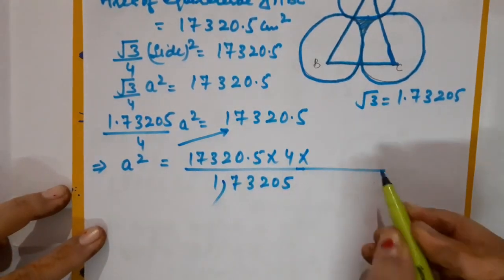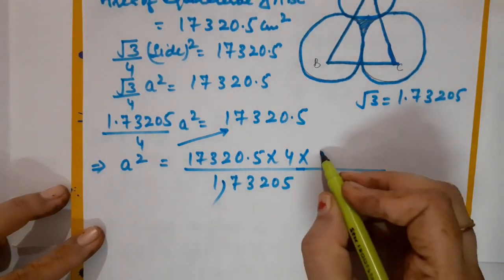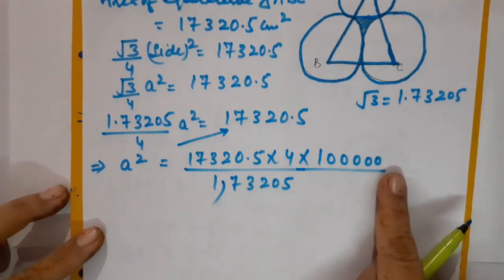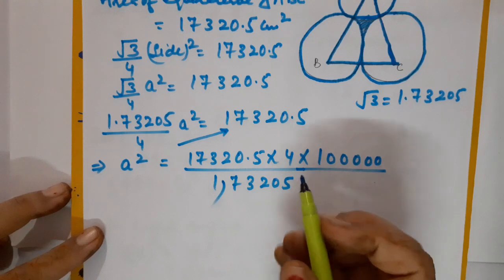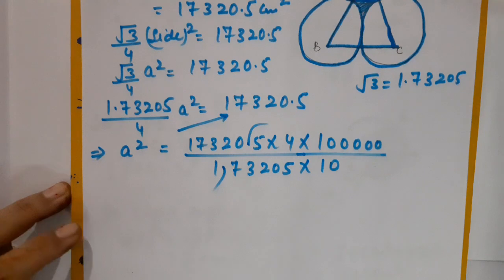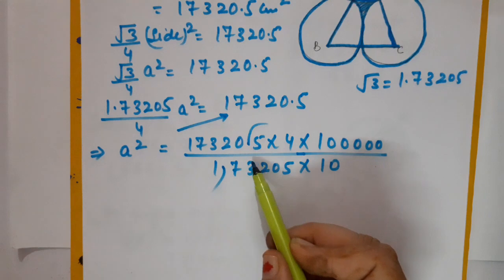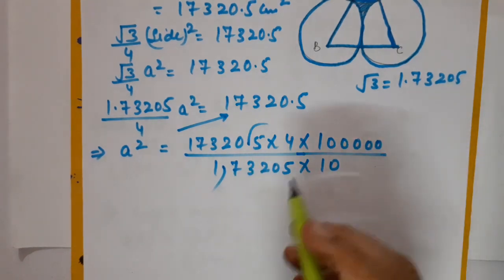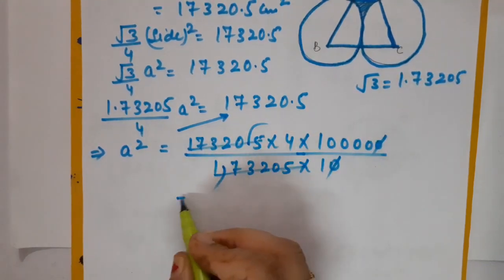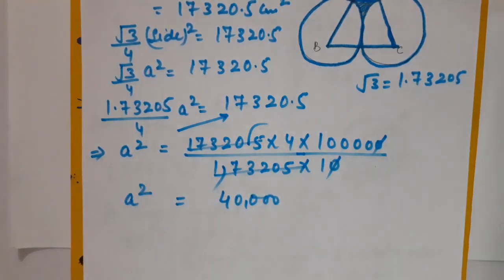Correct? I will be removing this decimal. As I remove the decimal, you can see how many places are there after the decimal: 1, 2, 3, 4, 5. So definitely I will have to write here 1 lakh in the numerator. Correct? Now if I remove this decimal, so definitely below in the denominator I will be getting 10. Okay. Children, if possible, you just try to write down this 10 over here and this value over here. Now this 0 is going to be cancelled and this complete term is also going to be cancelled. So we have got 40,000 as A square.